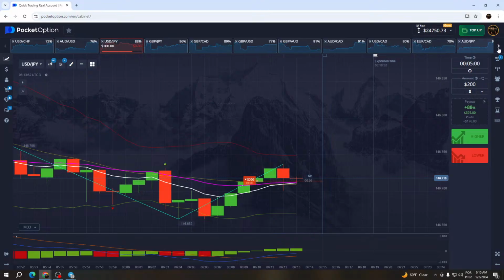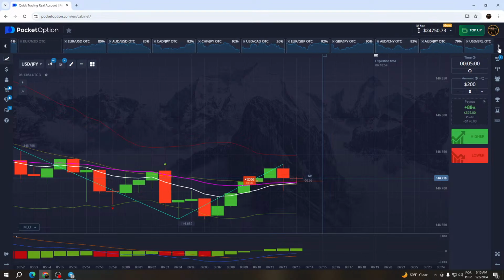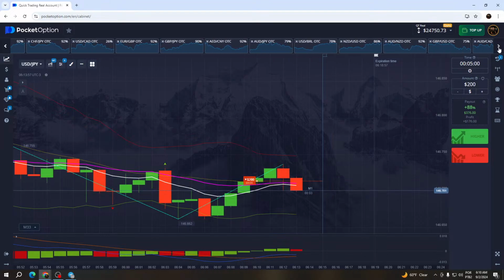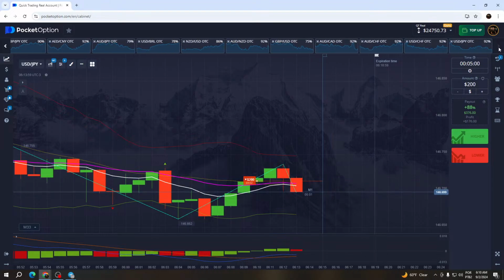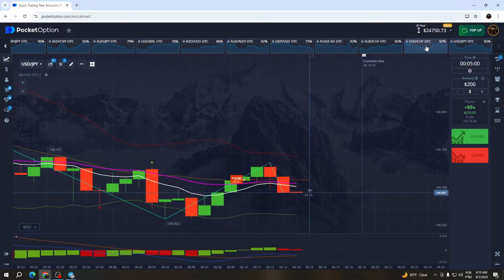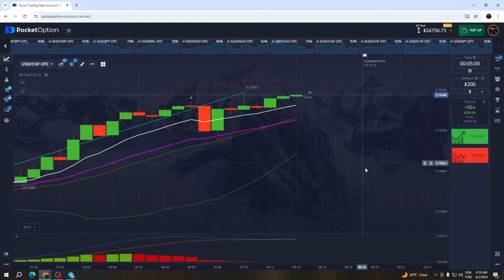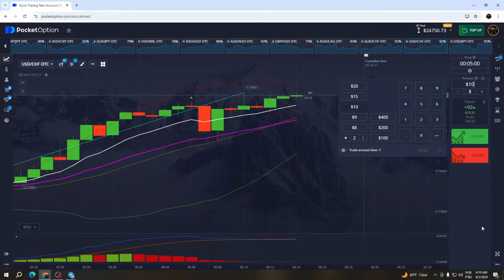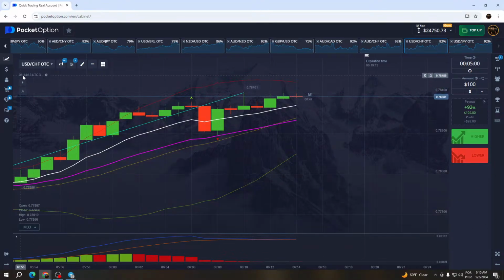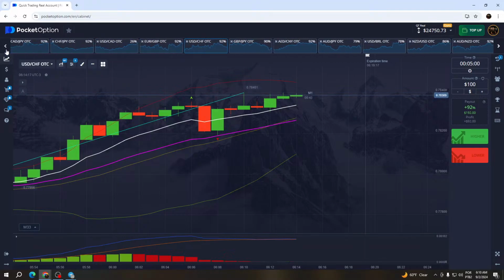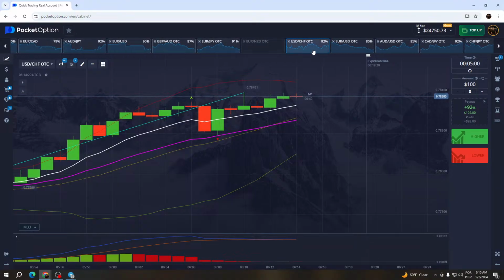Guys, just pay attention. USDCAD OTC, we have an opportunity on it. I sent it on the group, alright? Lower button, 6:15. So just be ready to perform this entry.